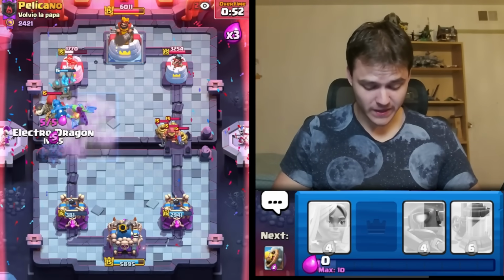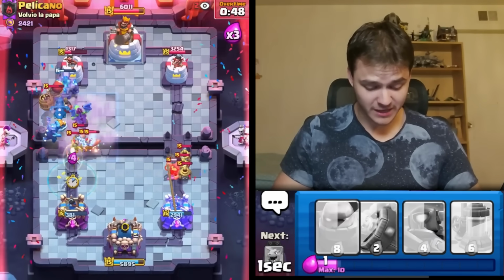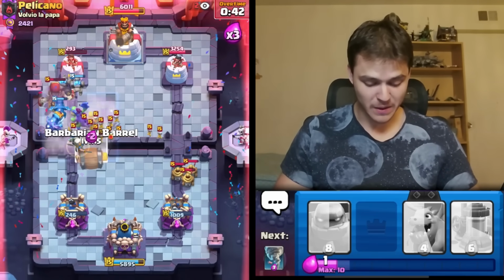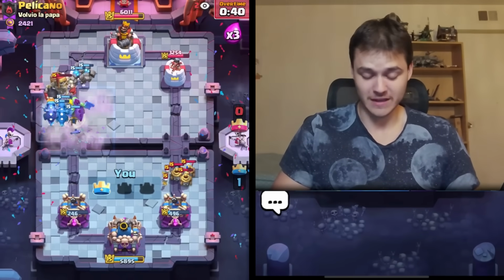We could win this. Let's just go for the Evo E-Drag. Make sure he can't piggies, because... okay, he goes for the piggies, but Evo E-Drag is going to make such quick work of it. And I think he might have just choked, guys. He just wasted the arrows on nothing. And he literally just has no big spells, so he cannot kill my Electro Dragons, and he just insta-loses because